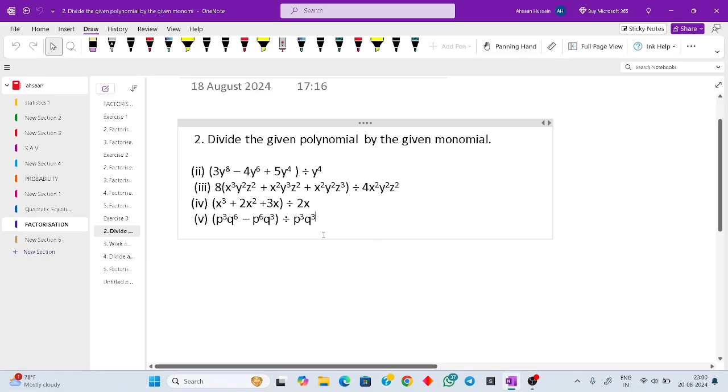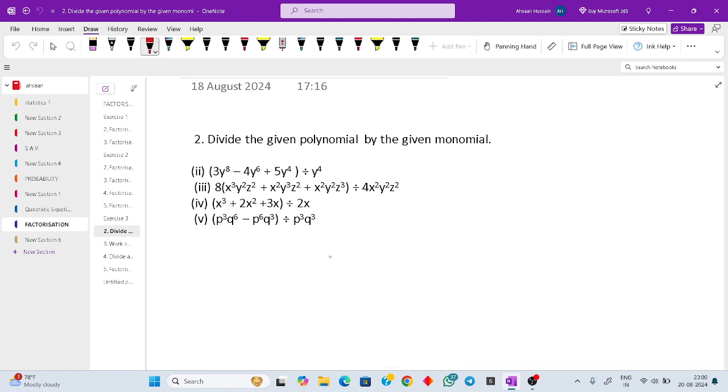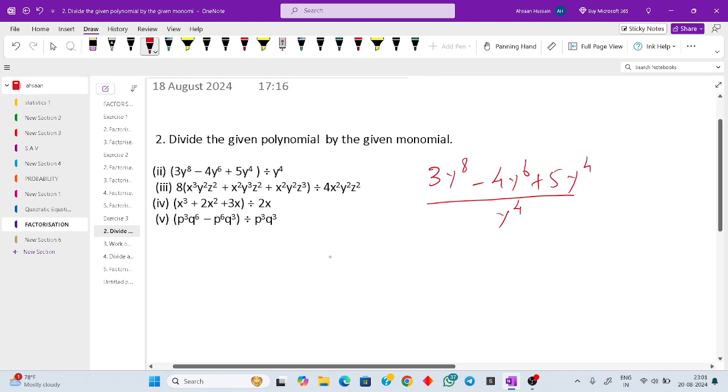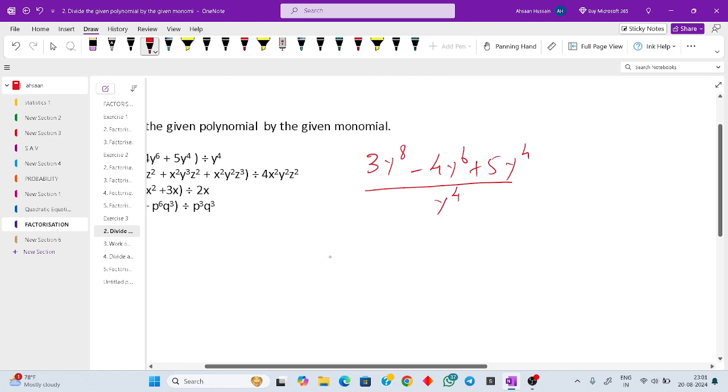Here we have to first find the factors, then only we can divide. The first question is 3y power 8 minus 4y power 6 plus 5y power 4 divided by y power 4. So 3y power 8 means 3 multiplied by y power 4 multiplied by y power 4,